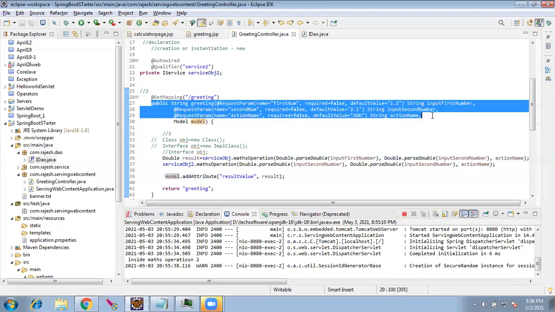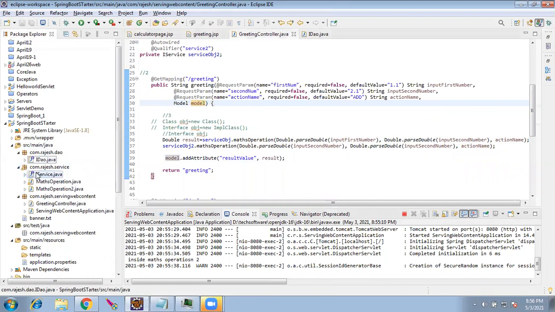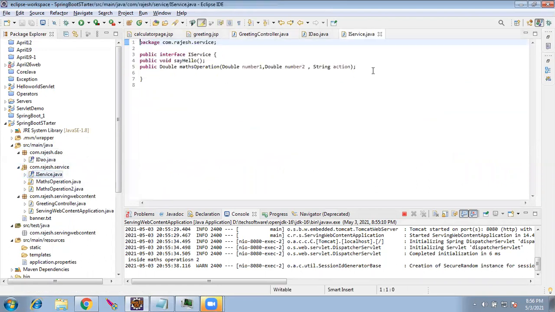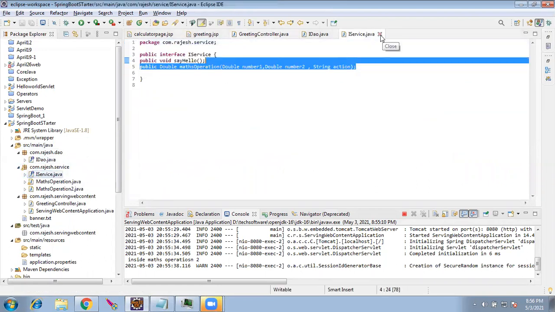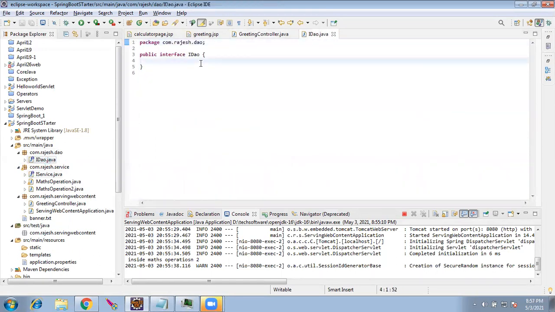And I'll take the same as service. I'll copy the method name from service, and in DAO I'll keep it, and I'll create one implementation.